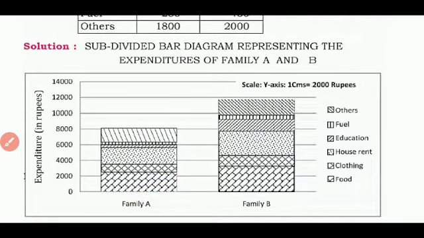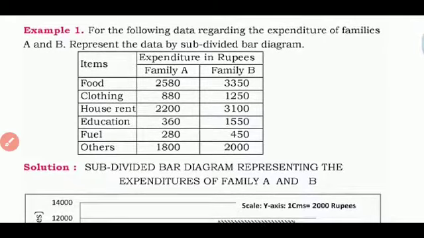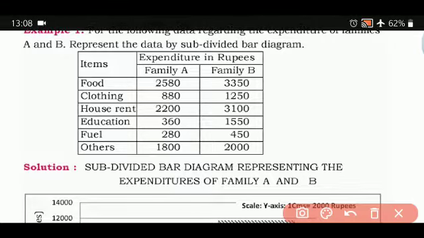To be more precise, I will show the calculation of what it is. Now see, the first one is 3350. Let me show the calculations to you all. 3350 plus 1250. So when you do the cumulative, this value is going to be 4600. Plus this value you are going to add, plus 1550. So that is going to be 6150.